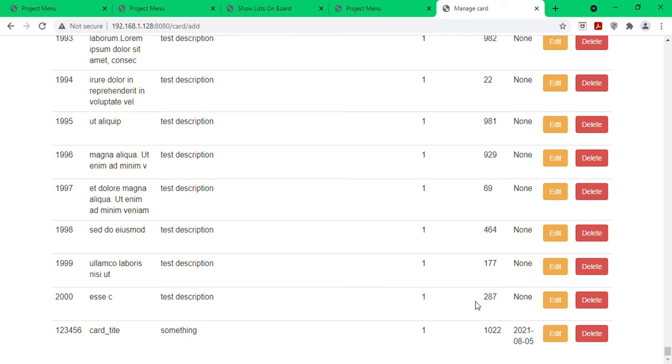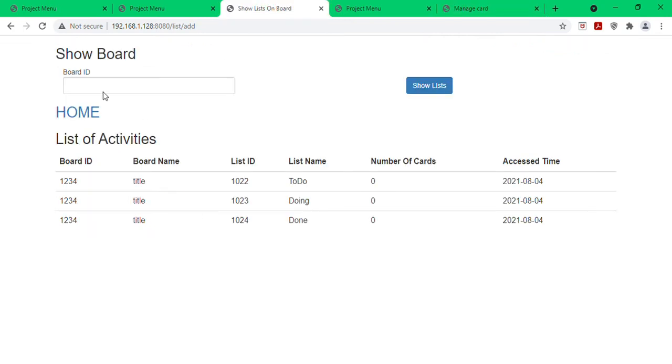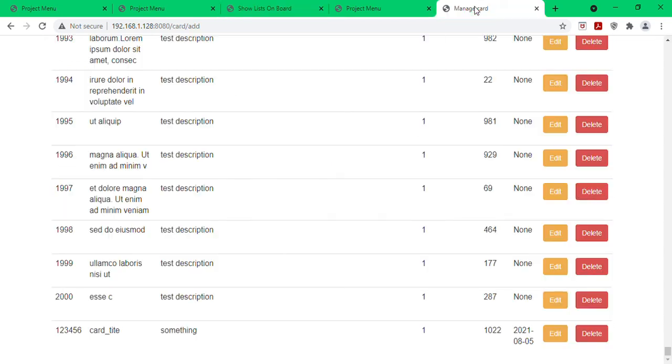Now let's check if this task is added to the list of tasks for our project. So let's just look up the board again, and we can see that the number of cards in our to-do list has been updated to 1. So now let's make progress on that task. Let's go back to that card, and